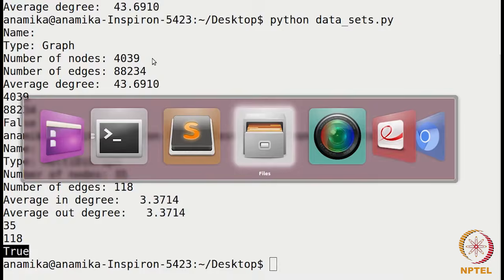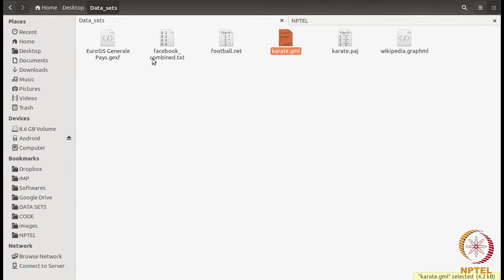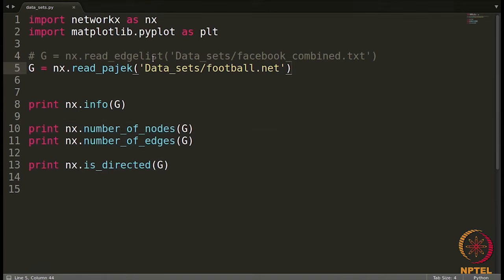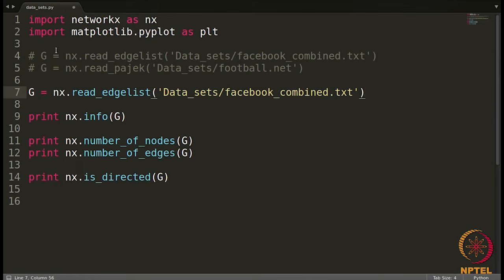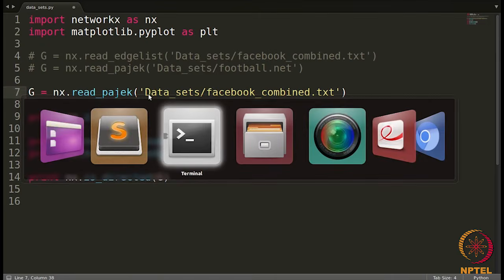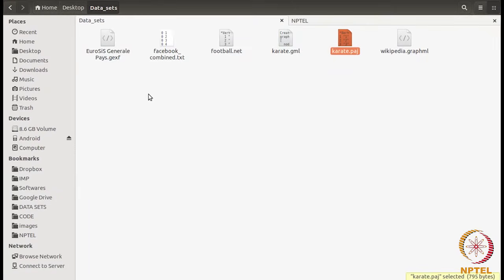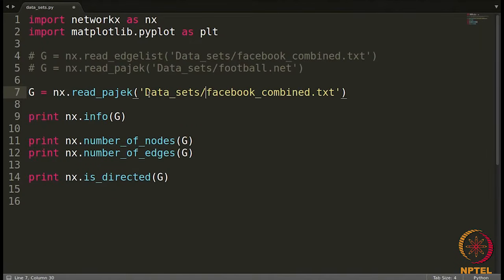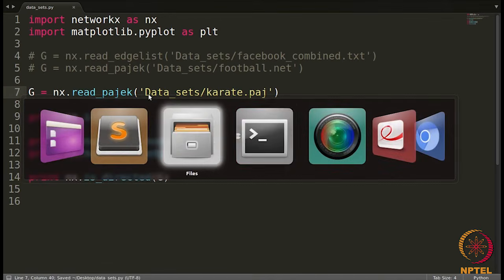Let's see what other kinds of networks we have. We have a GML network, we have a Pajek format as well. Let me show you that for reading the Pajek files as well, you use the same function, that is read_pajek. The network name is karate.paj, so I'll replace this. Okay, so when I run this,